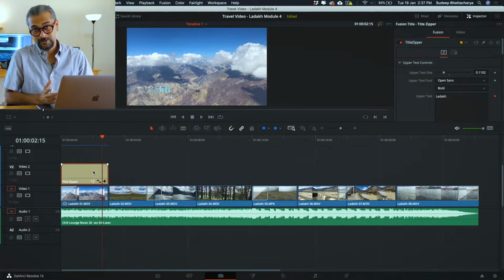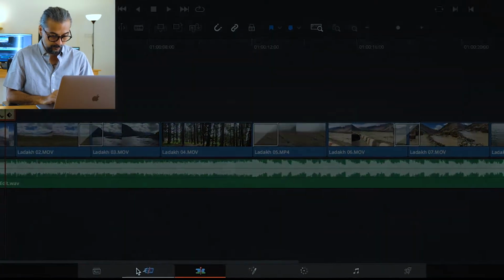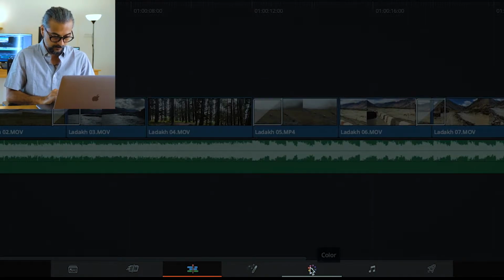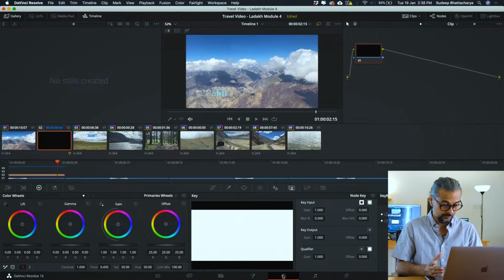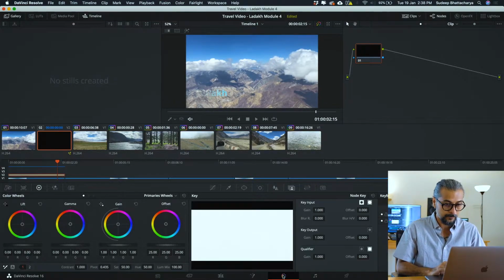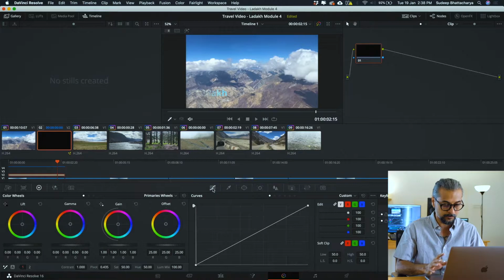So let's start looking at color grading by exploring the color module within DaVinci Resolve. Right at the bottom, if you go to this module and it says color and click on it, this is your color grading interface in Resolve. Now, in order to understand this interface, I know it's a lot to take in, but let's start very simply with what parts are where.